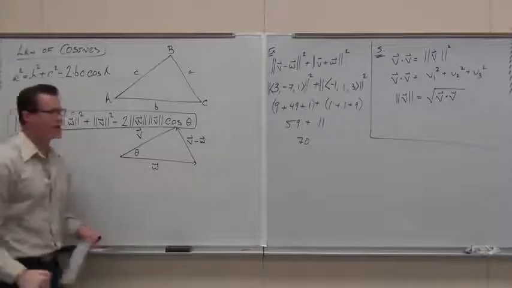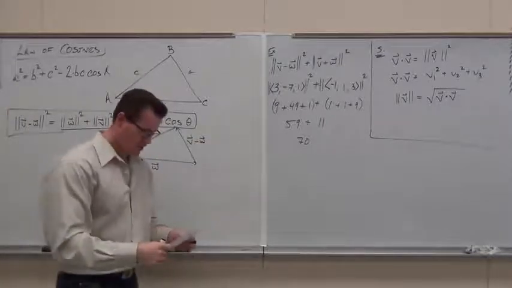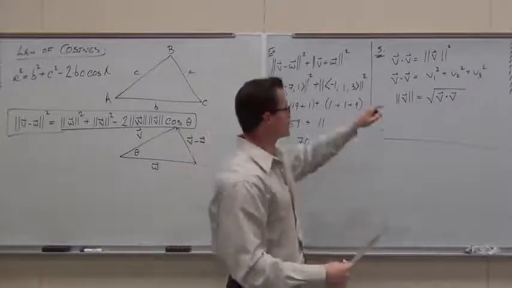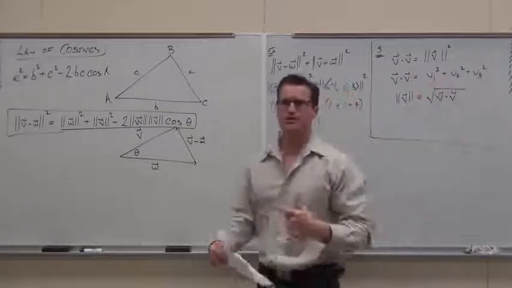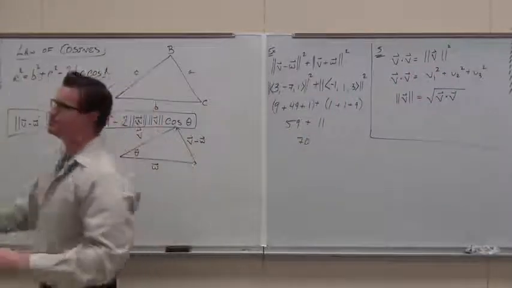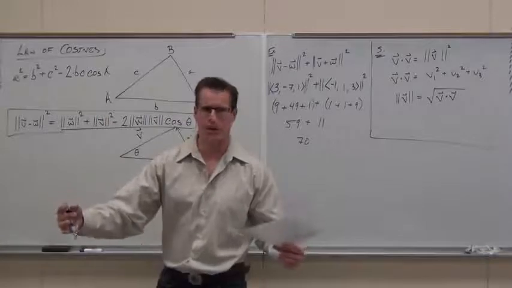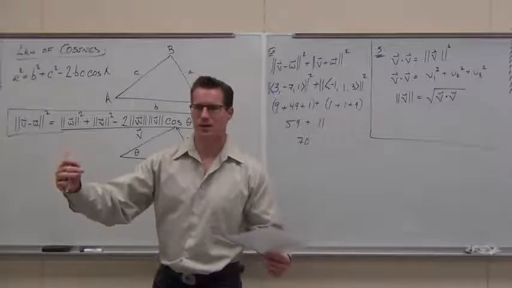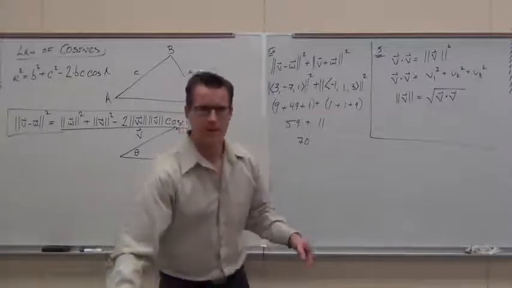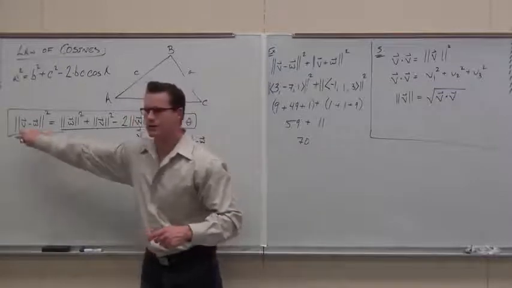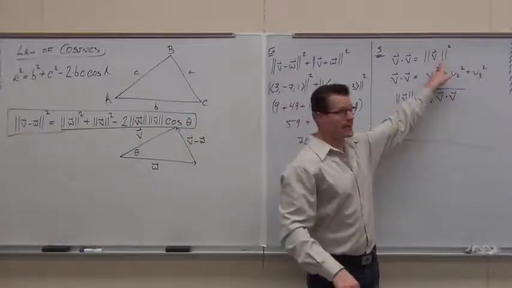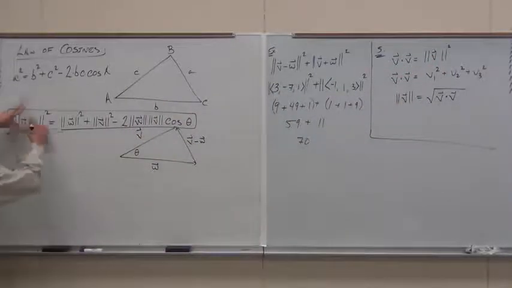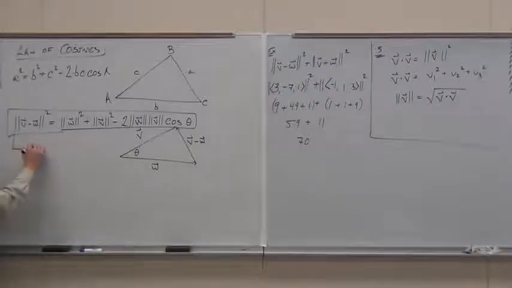We're going to work just on this side. We're going to do a lot of the stuff that we just talked about. Number one, the reason why we actually did this was for this. I now have a magnitude squared. And what I know from this, and this is the big deal, here's the punchline of this. Are you ready? You're not going to be ready. This is where the dot product comes in. Right here. Do you see how I have a magnitude squared? A magnitude squared is a dot product. So what this gives us is V minus W